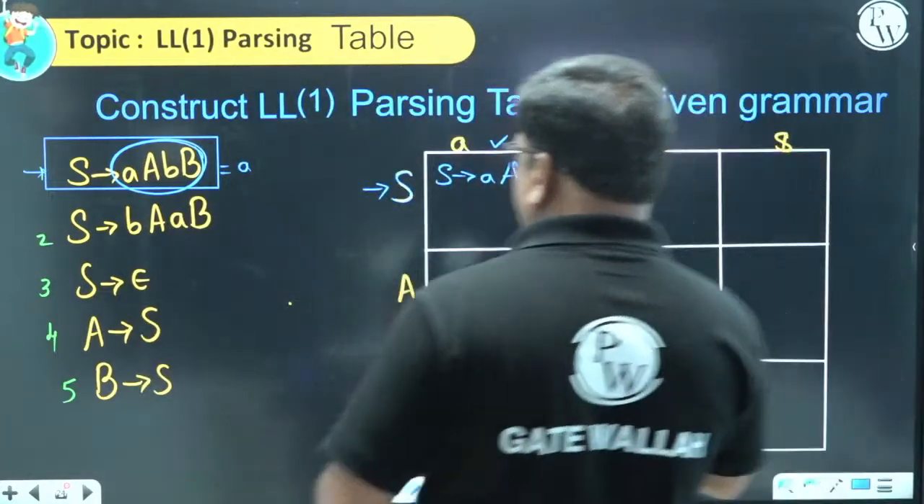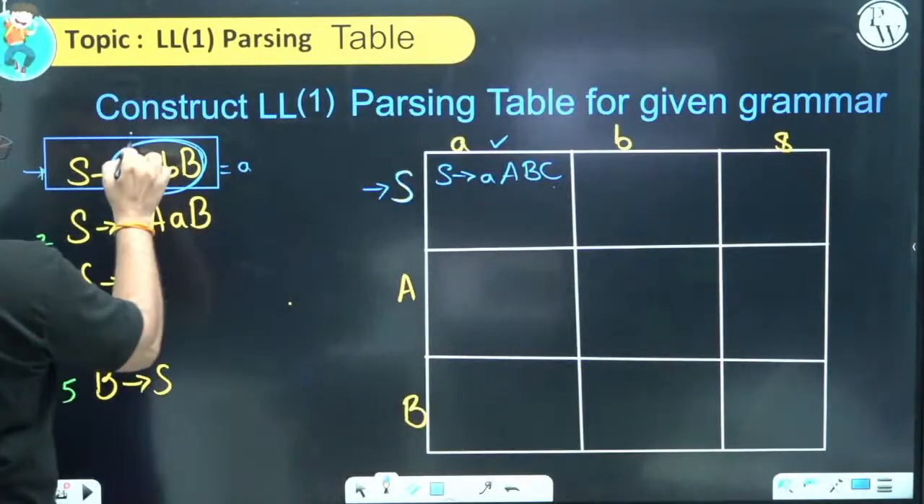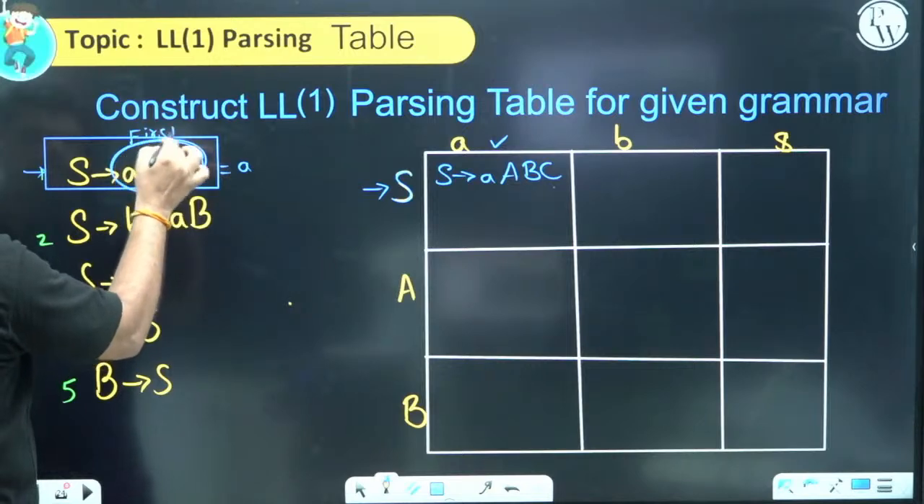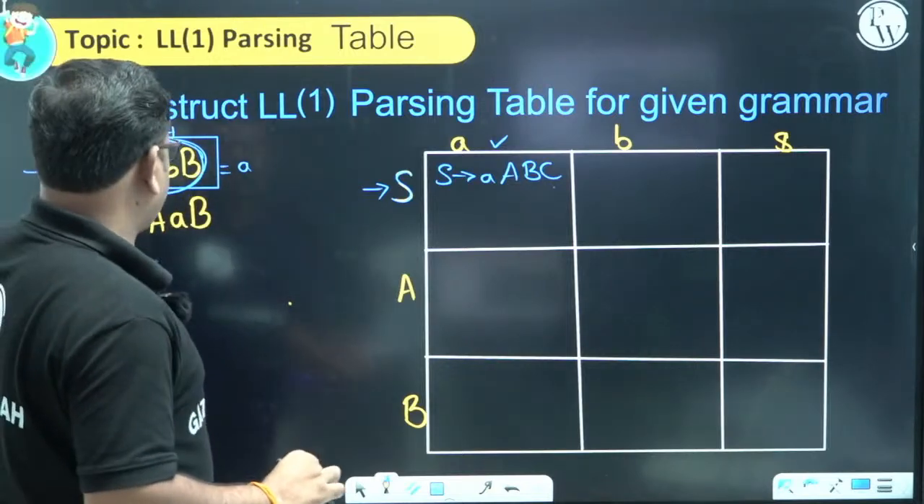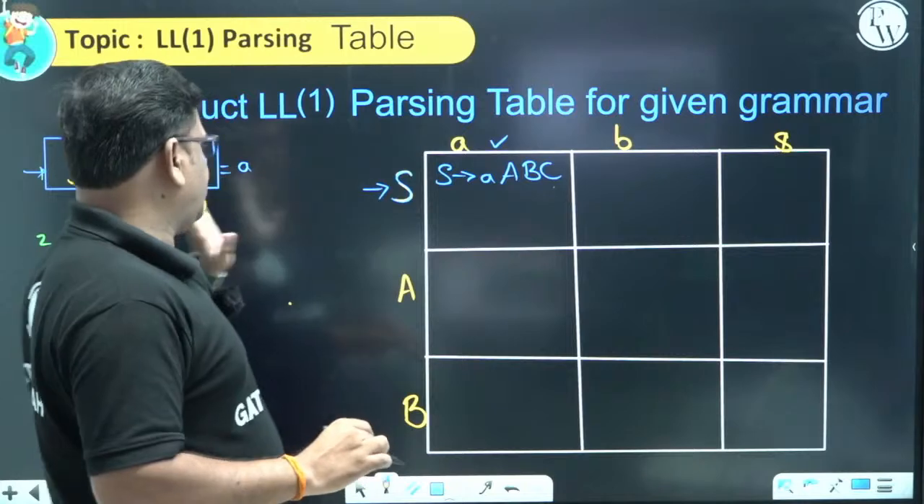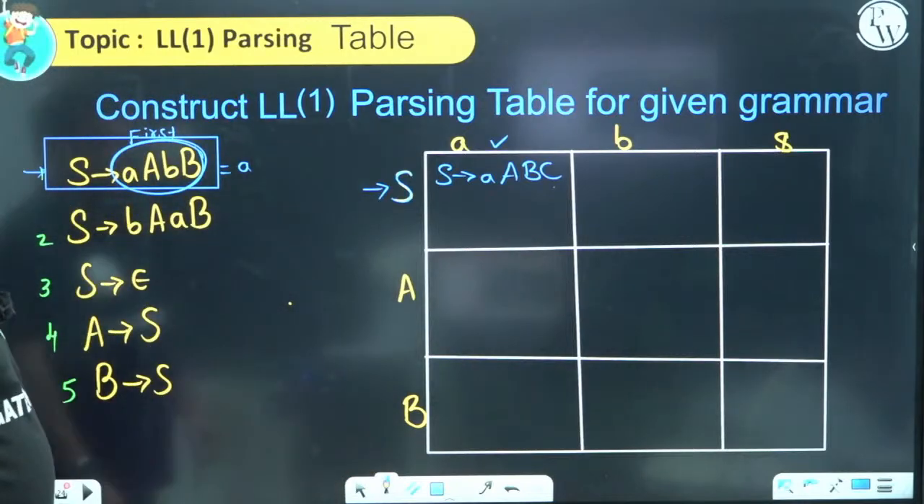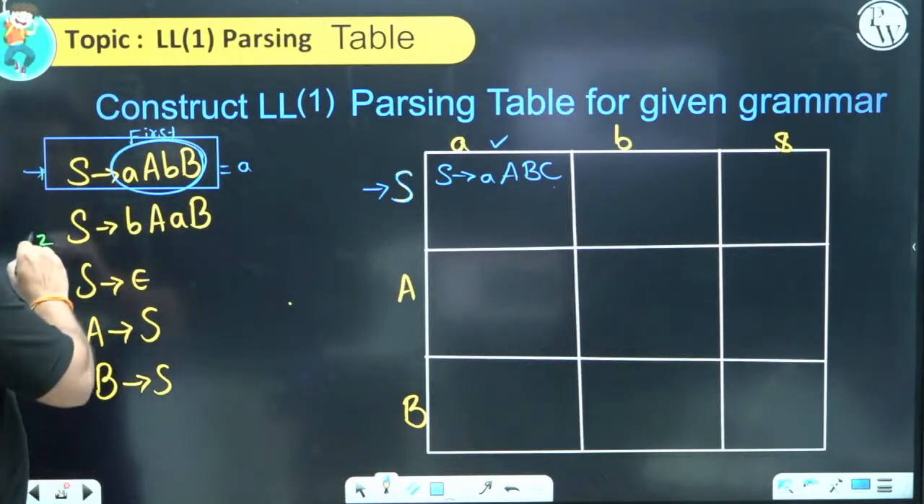First production: the row is S, and the first of this part is A. That's why the column is A. So the table entry for this is this one. Then the second production,